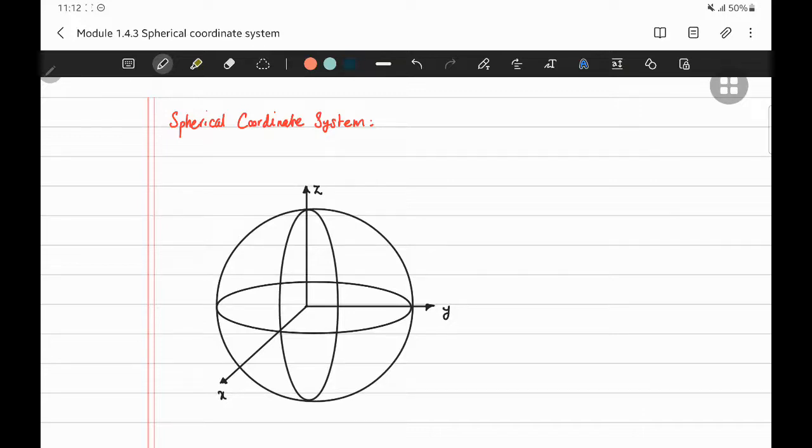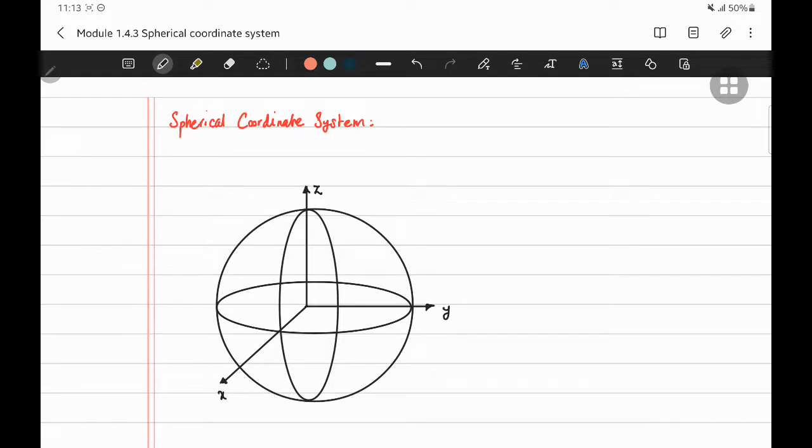This is basically the last session of the first module on Introduction to Continuum Mechanics, and for the next session, we move to the third chapter of the book, which is basically about the strain and displacement. So in this session, we're going to introduce the spherical coordinate system, and then we try to calculate some of the basic operations, tensor calculus here in